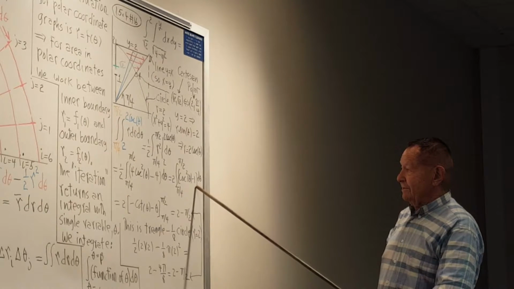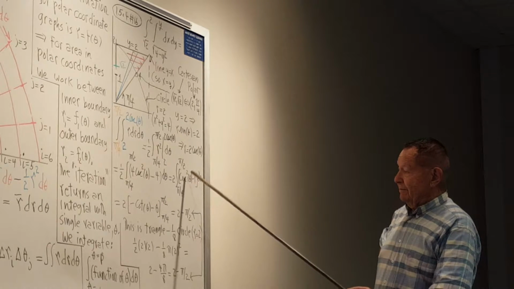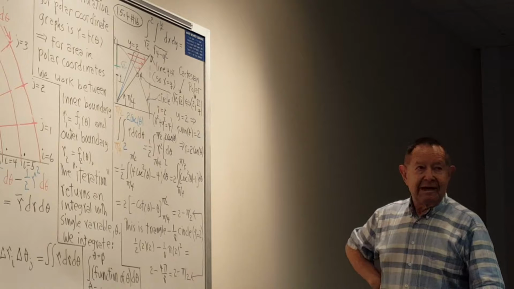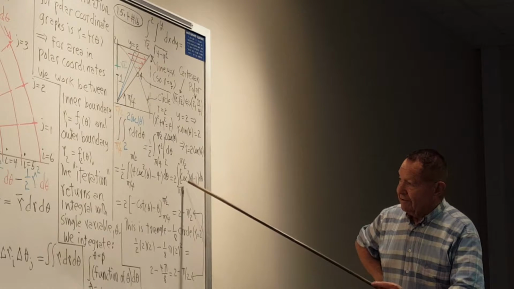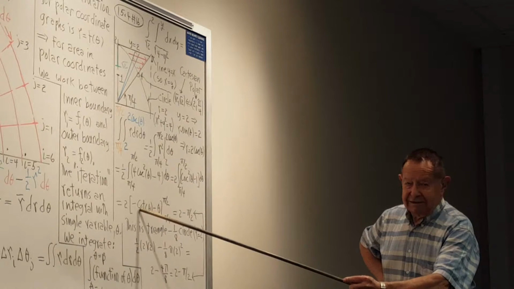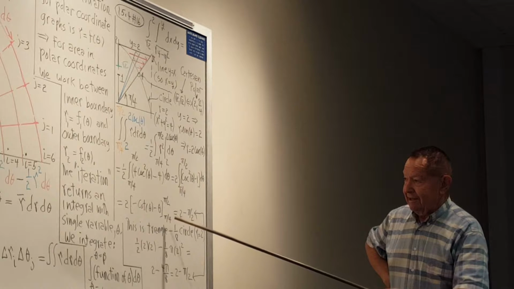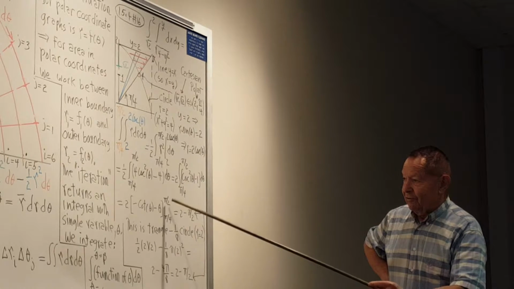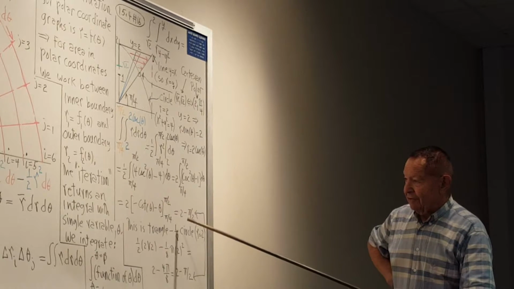So you have cosecant squared minus 1. Okay. Derivative of cotangent is minus cosecant squared. So the integral of cosecant squared is minus cotangent. And from minus 1 you get minus theta, and you go pi over 4 to pi over 2. And if you work that out, you get